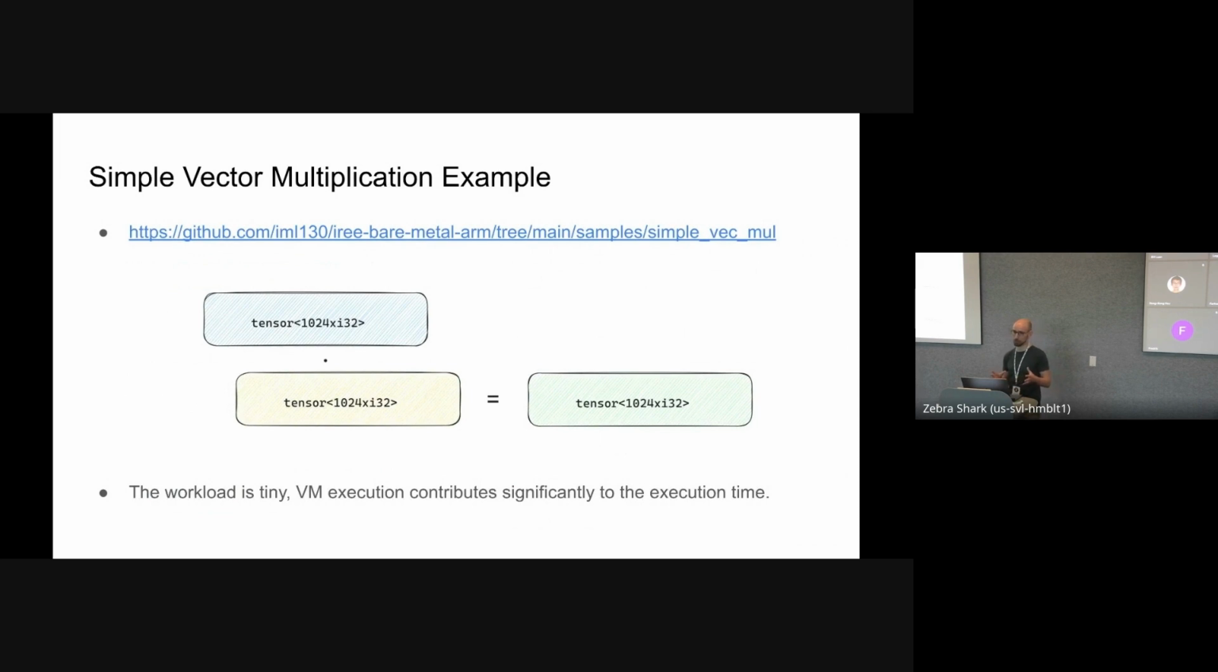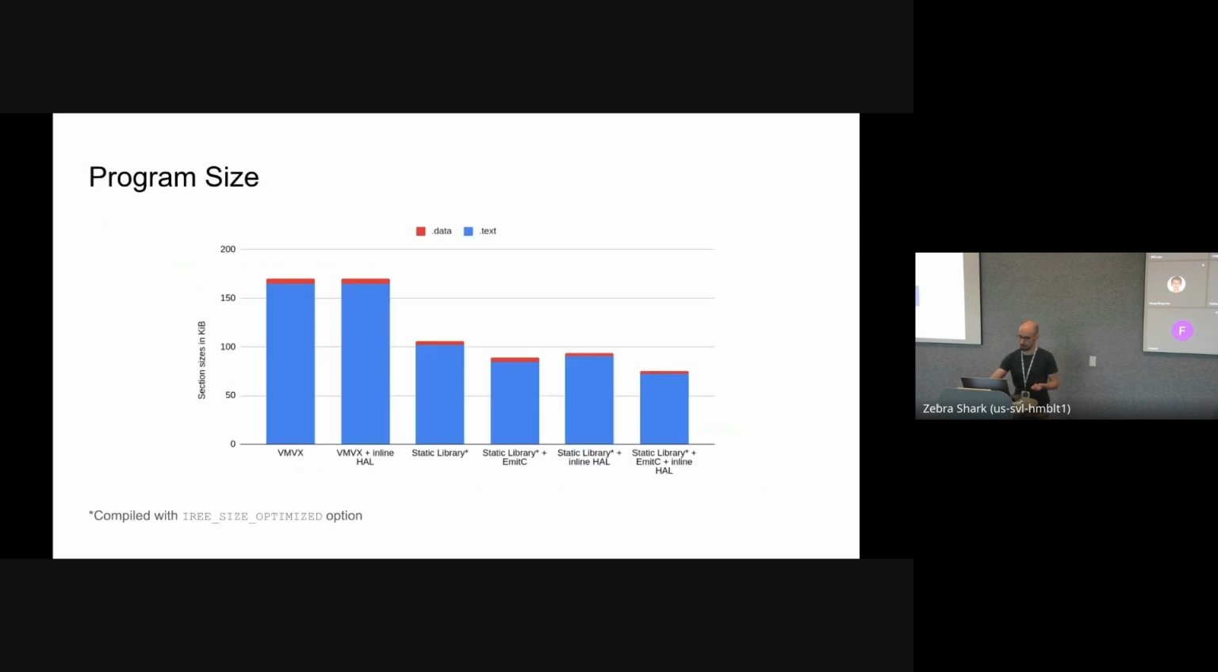I will now showcase the effect of this. We have a simple matrix multiplication example, which just multiplies two tensors with 1024 int32 elements. So the workload is really quite tiny. So the VM execution contributes significantly to your execution time, as well as to the program size. So when you build your program, and here I'm showing the data and the text section of our final ELF executable,